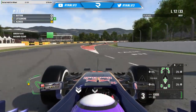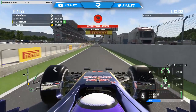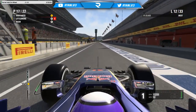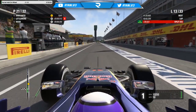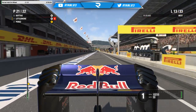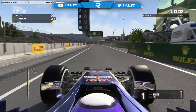Right, we're boxing in now, boys. We're doing the drive-through now. Get out of the way. We're getting it out of the way now. Who's this in the pit lane? I wonder. Someone else has got a drive-through. Perez has got a drive-through penalty as well. Don't know what for, but...